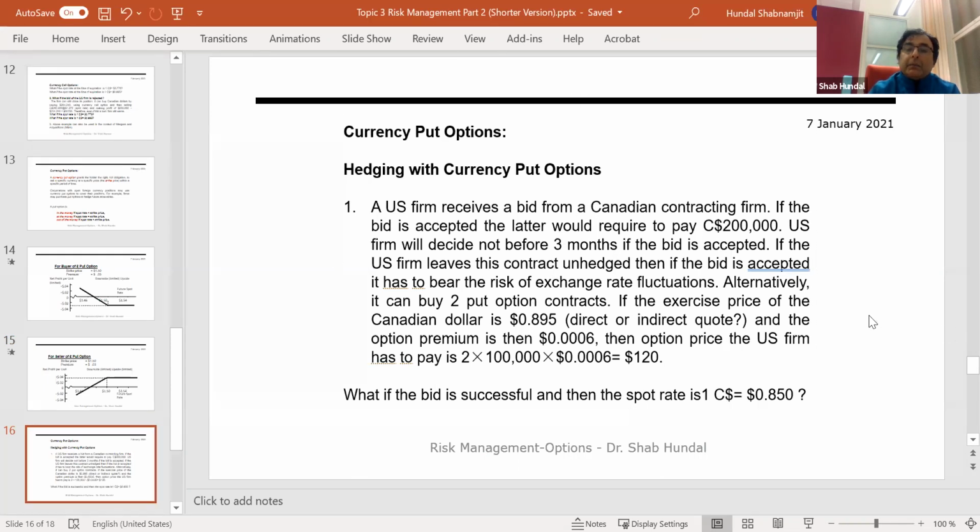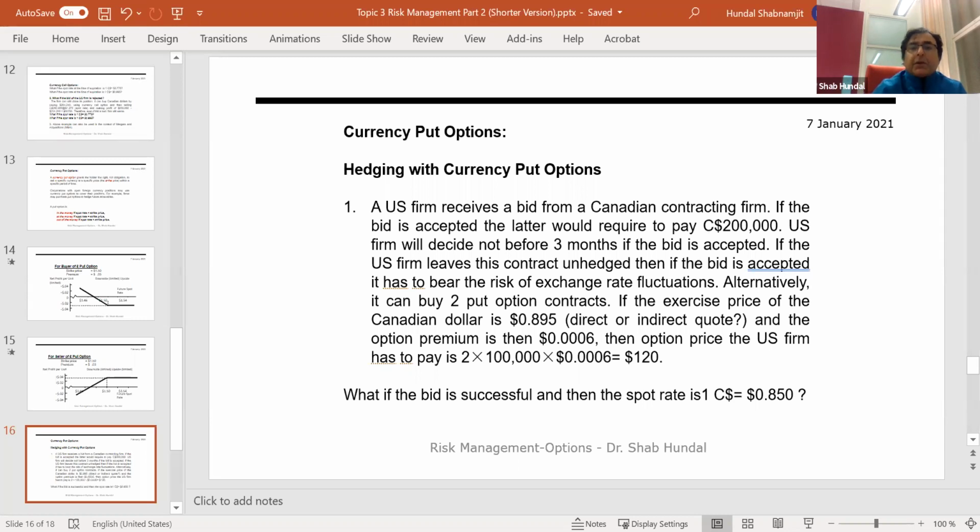You as a student, you can assume that your domestic currency is American dollar, and the Canadian company is planning to buy your company. And if they are successful, they would pay you 200,000 Canadian dollars. So in this case, they would be paying in Canadian dollars to you. And this decision would be taken after 3 months. Okay, so it could be possible that the Canadian dollar can depreciate against the American dollar, and you are afraid of it. So then the right option is to buy the put option, and you either go to the broker or